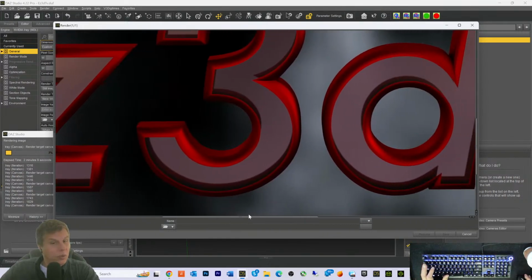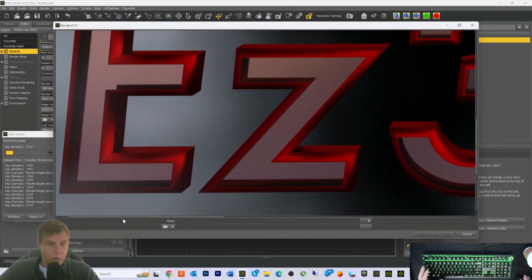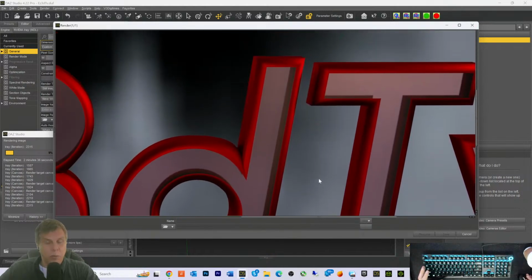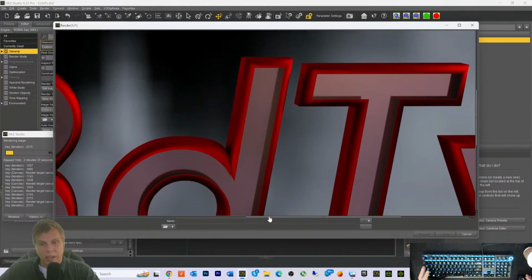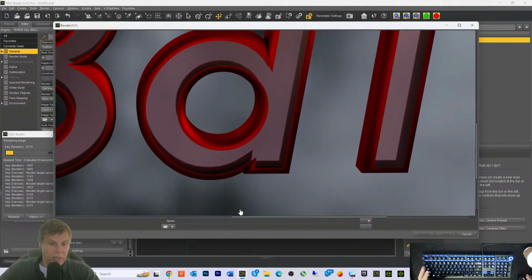I went into the forums about 6 months ago, almost a year ago, and I asked them, could somebody please make 3D text for Daz? And they said, well, there is a 3D text thing. You could do it, and it was kind of okay. And it was free, but it was discontinued, and it was kind of like a pain to set up and get it to work. I got it working, and